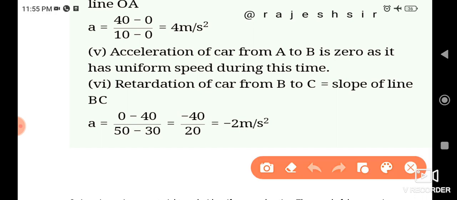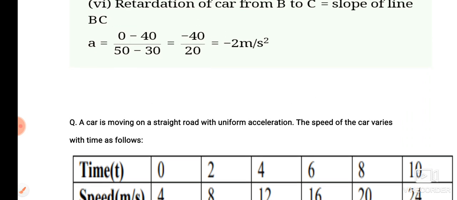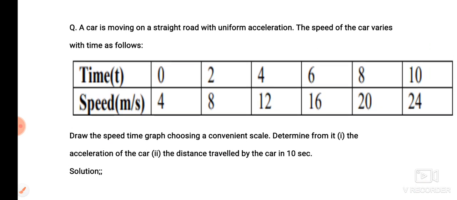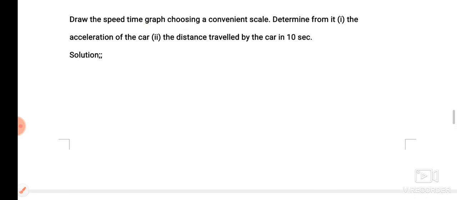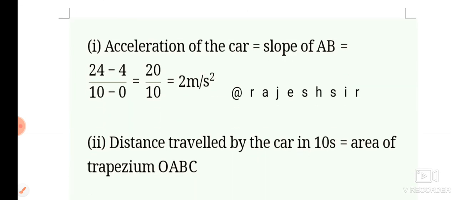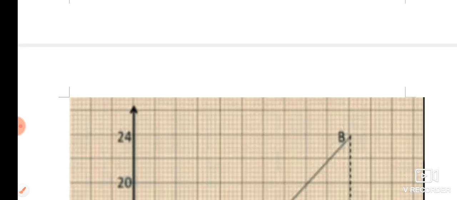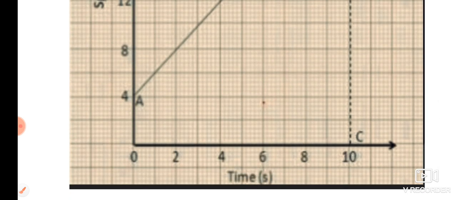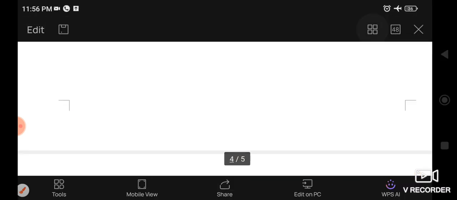Okay, one more question of graph. This question is also common. See the question out here, you need to make a speed time graph. So here time and speed are mentioned, just make and plot them on the axes. So out here I have drawn. Just see, I have taken the time on the x-axis and the velocity on the y-axis. So now you have drawn